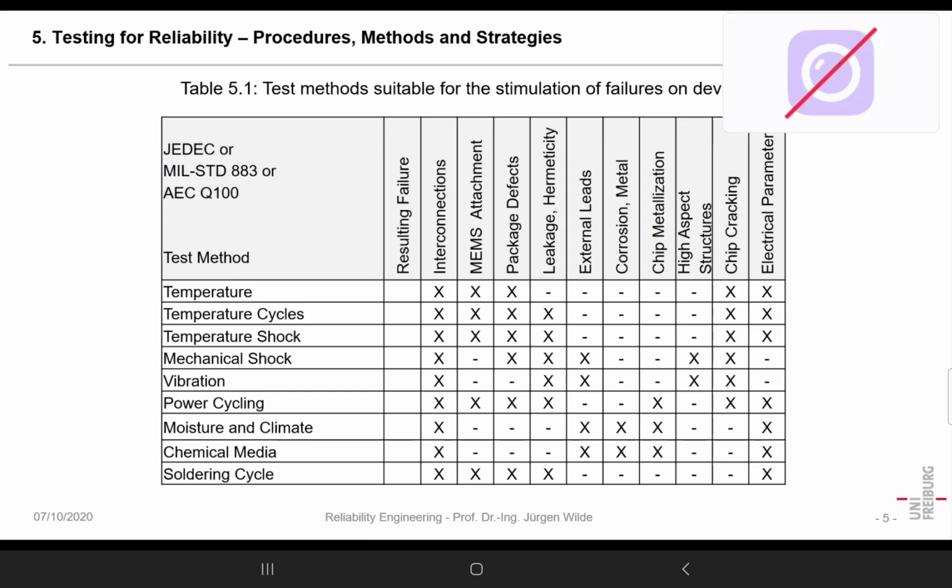And in that way, when we test for reliability, we can say these conditions which are representative in use must be verified by testing. Okay, and now we have seen there are a certain number of standard methods. The initial set of standards comes from the US military, and it was designed in the 60s.